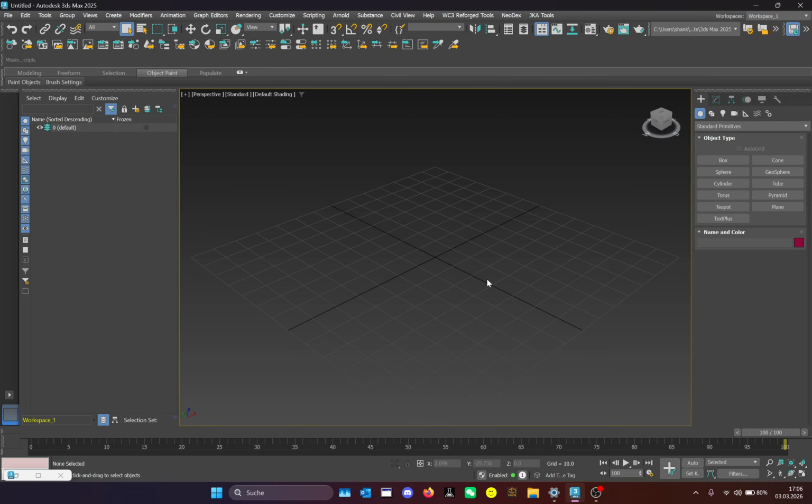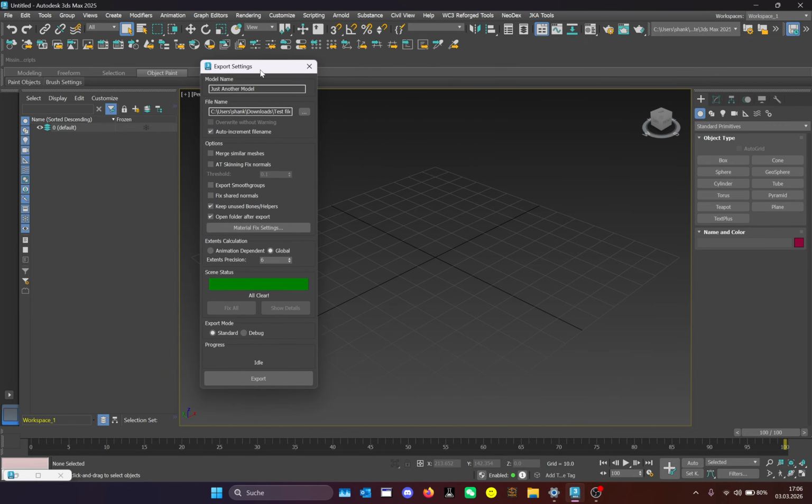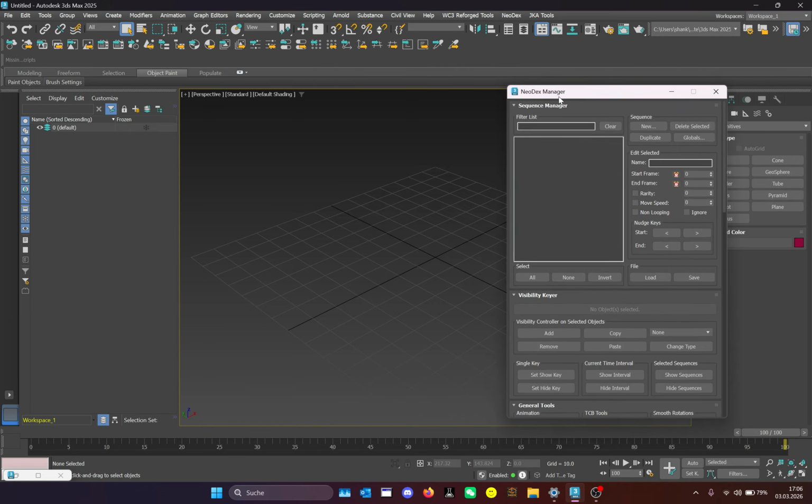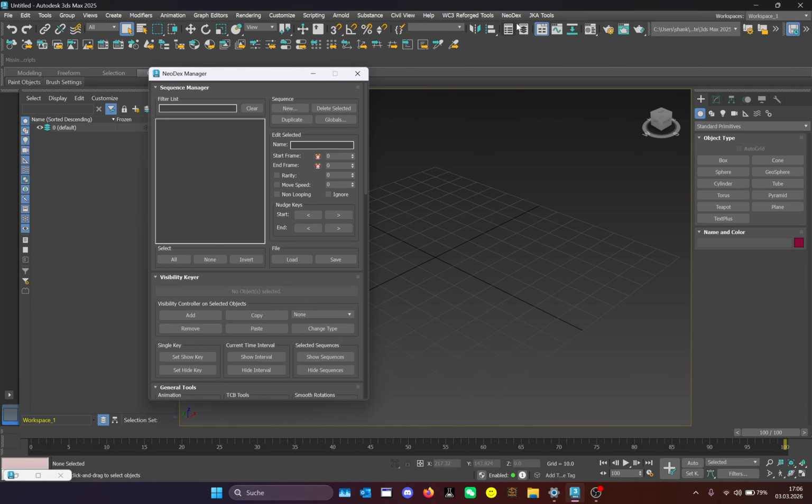It's one batch installation, which will install it for every Max version, Max 2022 up to 2026, all by itself. The only thing you have to do is start 3ds Max, and you will see this menu up here. It's very short now because we have only the exporter here, then the importer, and the Neodex Manager, which has all the tools from the previous